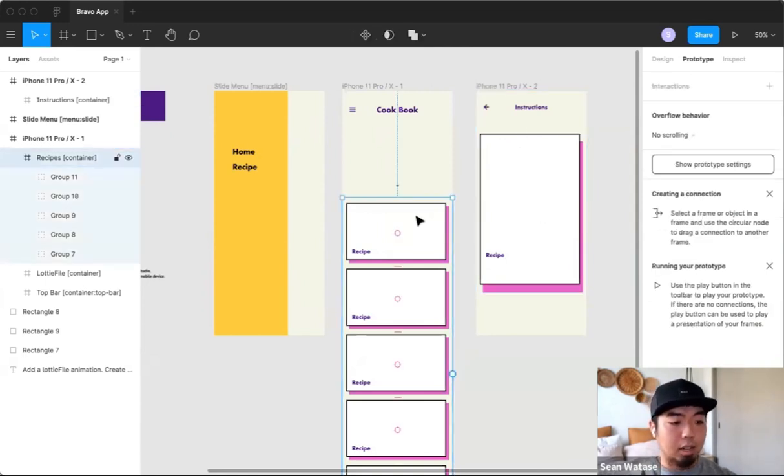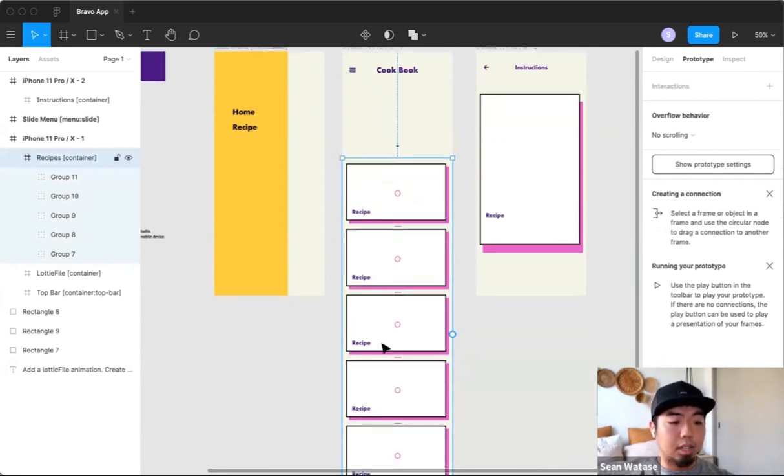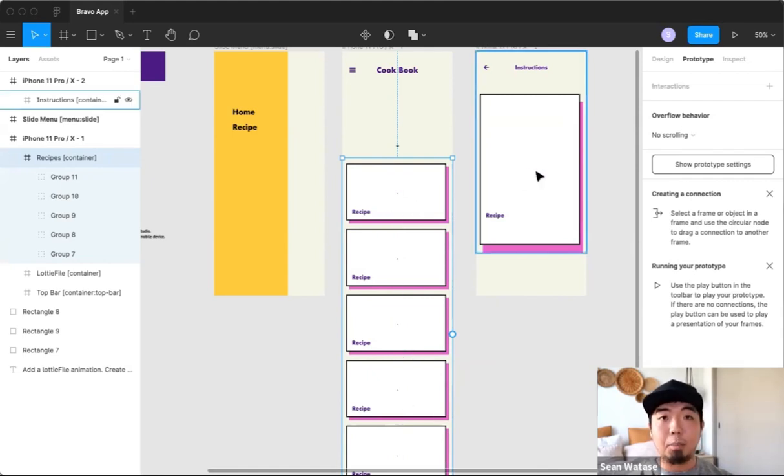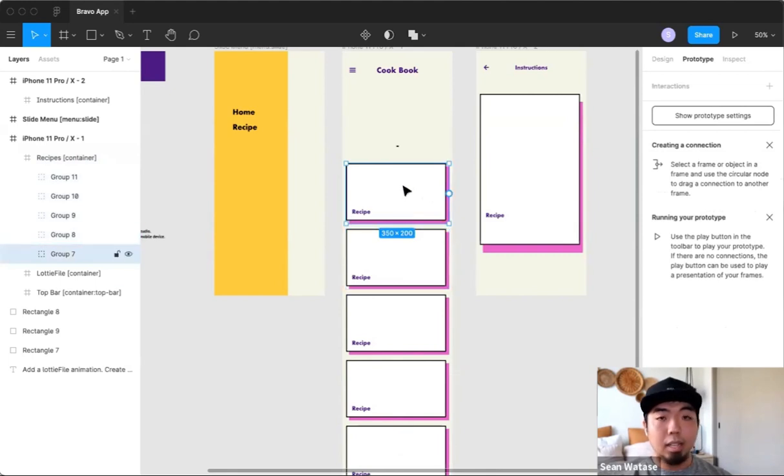Now, if I click on this, you'll see that right now I actually have all the recipes selected, because I actually have my main container selected. I don't want the whole container selected, because that's going to say if I click anywhere in this section, it's going to bring me over to the detailed screen. I only want it to bring me over when I click on this top one. So if I double click and go down one more layer, now you'll see it only wraps this one recipe